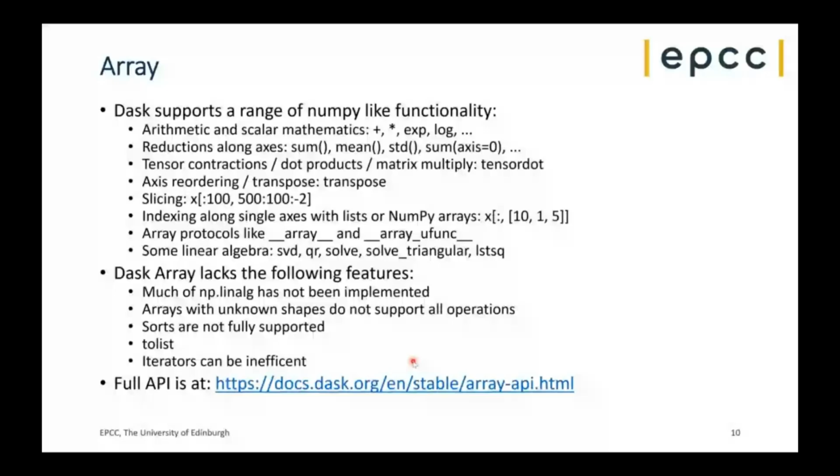So that's what I mean by lazy there, as in you need to specify a compute to finish that off. And then there's a bunch of operations that Dask supports. A lot of the NumPy functionality, but not all of it. So it will let you do on Dask arrays,